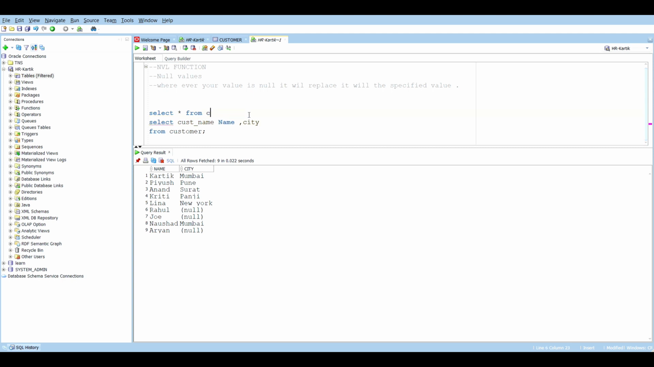Now we don't want this, let's remove it. Okay, so let's execute the NVL function. NVL. Now NVL function takes two parameters. So here you have to specify the parameters. The first parameter is whichever column you have the null value in. Suppose I am selecting city,